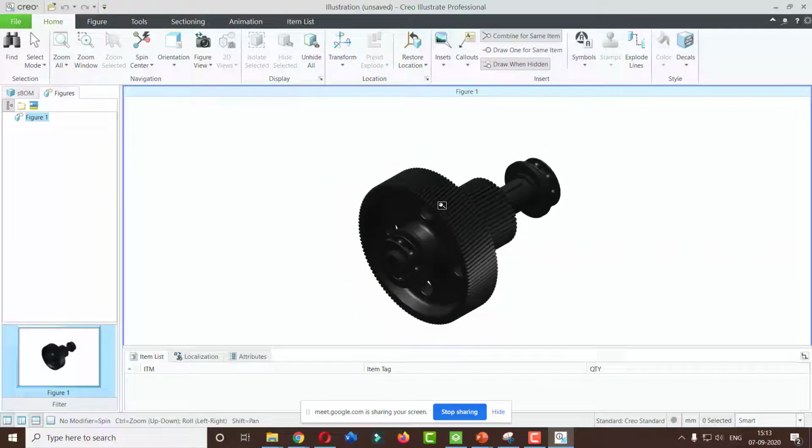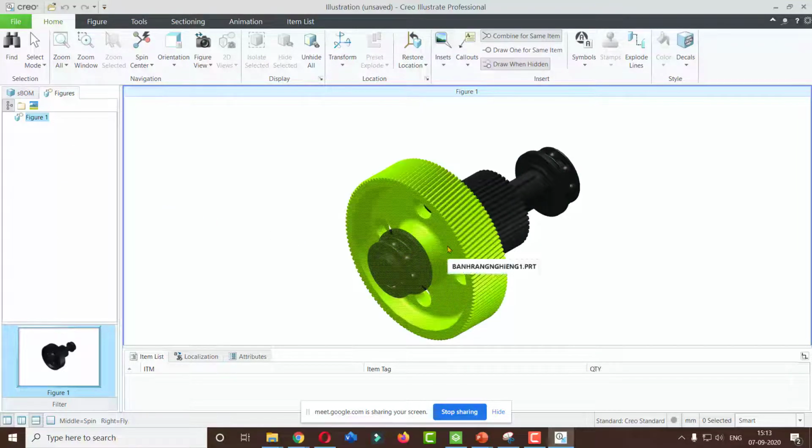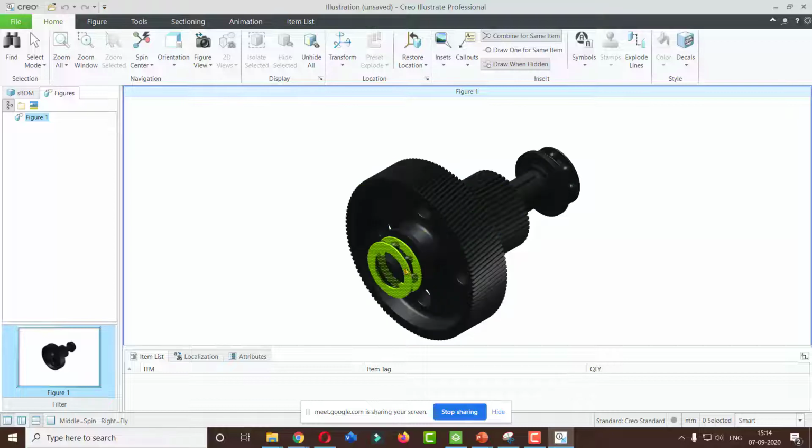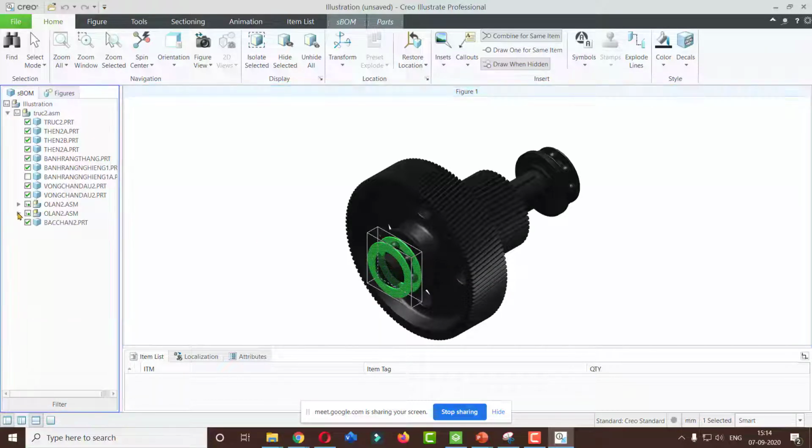If I consider this software, this assembly contains various parts, n number of parts. If you want to disassemble this assembly, how are you going to disassemble it? First of all, the rightmost position is the bearing. If I click on the bearing, just the bearing is selected and the bearing balls are not getting selected. So I will go to the structure and select the total bearing.